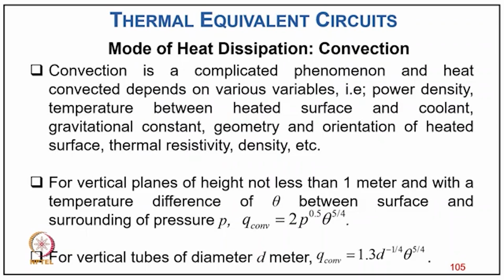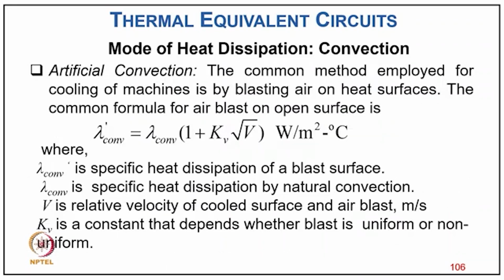surface and surrounding pressure P, the Q convection is equal to 2 P to the power 0.5 into theta to the power 5 by 4, and for a vertical tube of diameter d meter, Q convection equals 1.3 d to the power minus 1 by 4 and theta to the power 5 by 4. Coming now to artificial convection, the common method employed for cooling of a machine is blasting air on